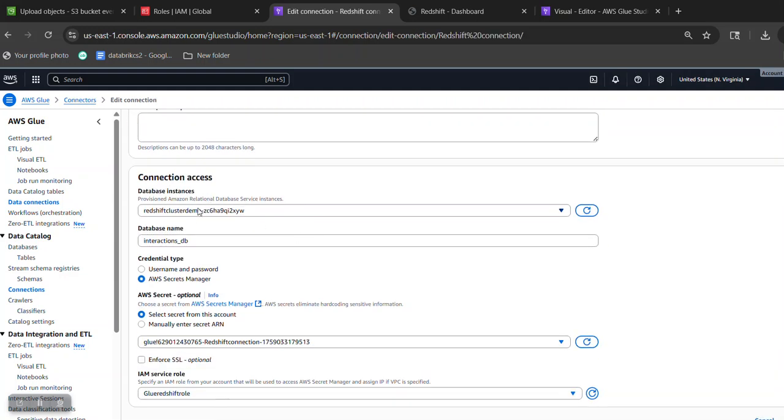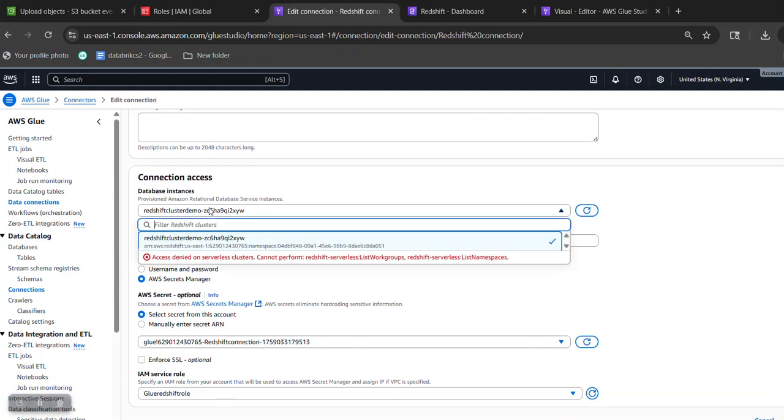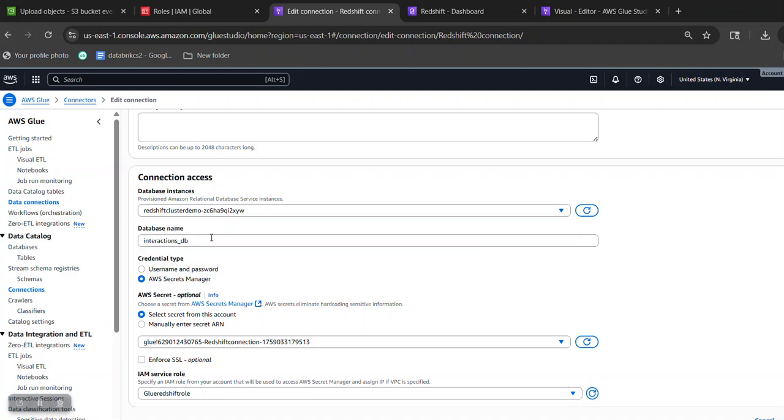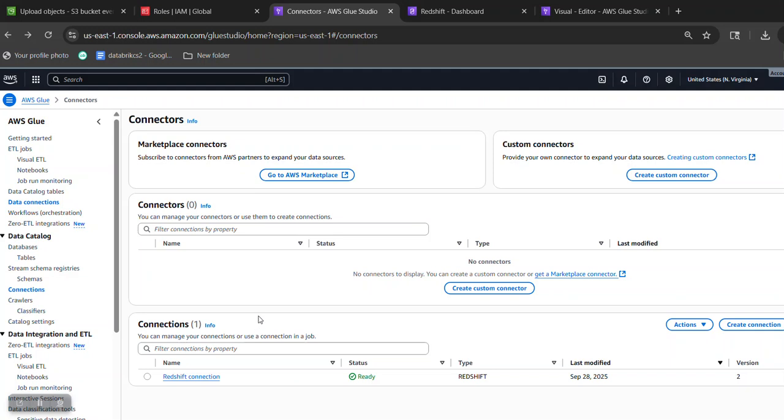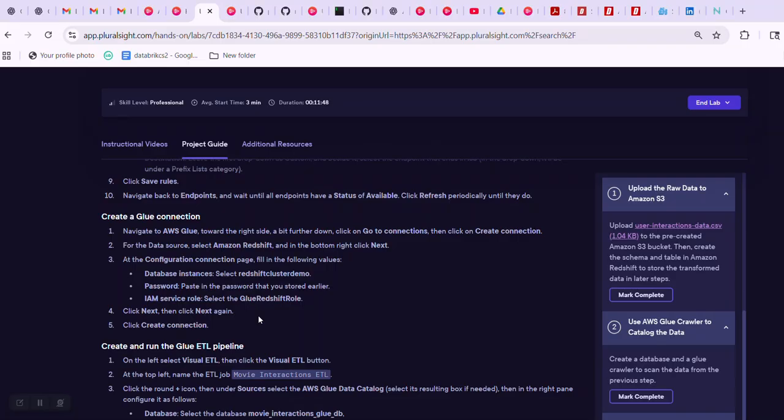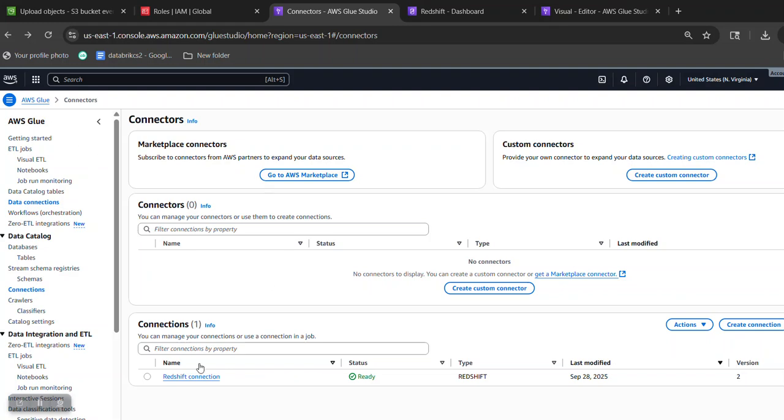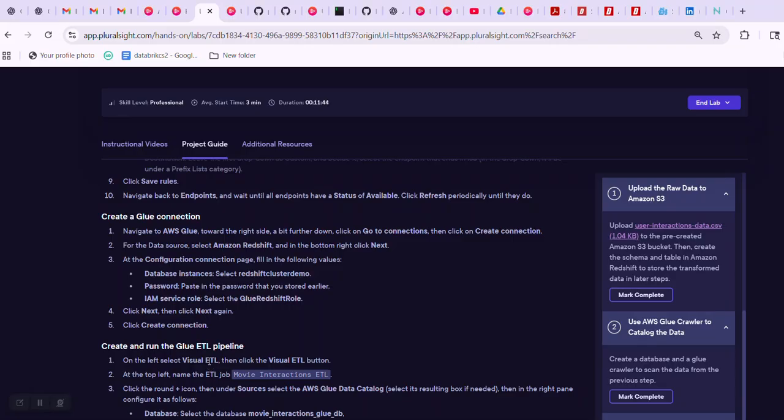So I selected the provisioned Redshift demo cluster and interactions DB. I'm using the Secrets Manager, and I have selected the existing AWS secret, and I select the necessary role. Okay, and I did a Redshift connection. Once the Redshift connection is done in Glue, so in Glue I'm creating a Redshift connection. Okay,